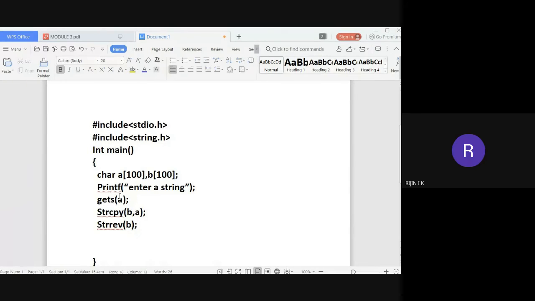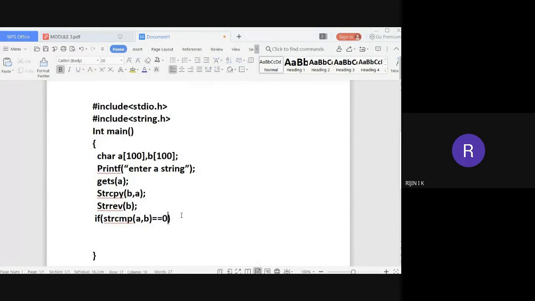If both are equal, we can say that the given string is a palindrome. For comparing, we have to check a condition, whether it is 0 or not. So we use if strcmp. strcmp is a function that is used to compare two strings. We provide a comma b, and if strcmp of a comma b is equal to 0,